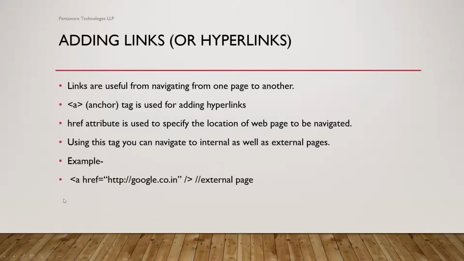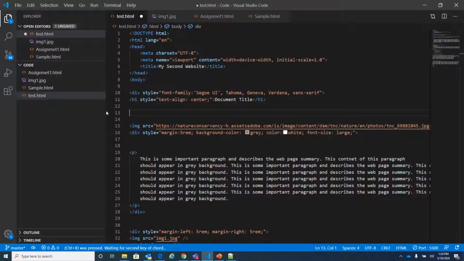In this example, this is a for the anchor element, then this is the attribute href, then this is the web page location. Because it is google.com, this is an example of an external page. You might have another web page, say another page.html, and the syntax is the same: anchor href. This time this is a local web page location. Let us see with an example.